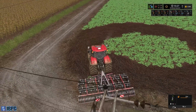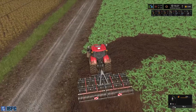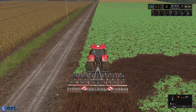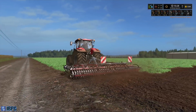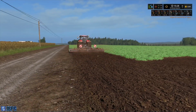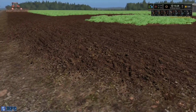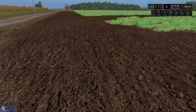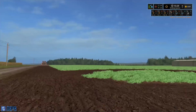So let's get straightened up. Get the worker off and running, and have a fun little patch to tidy up at the end there, but there we go. Worker hired and running away, cultivating our radish in for us. So that's going to give us stage 2 fertilisation on this field. Stage 1 from planting the radish with fertiliser in the seeder, and then stage 2 from cultivating the radish into